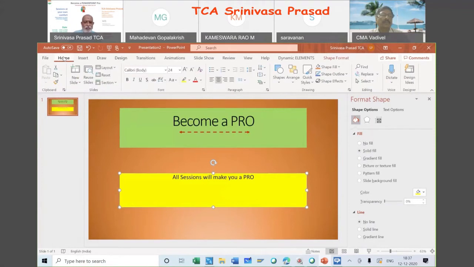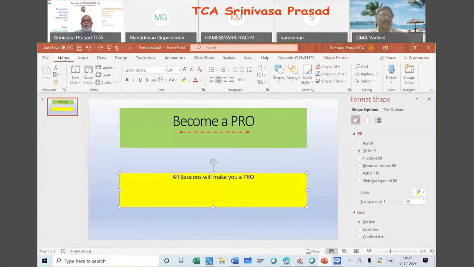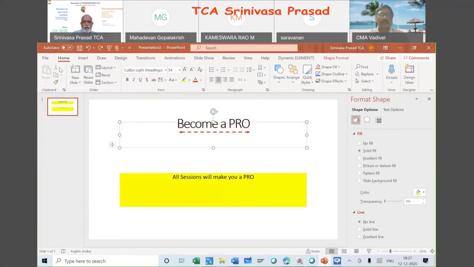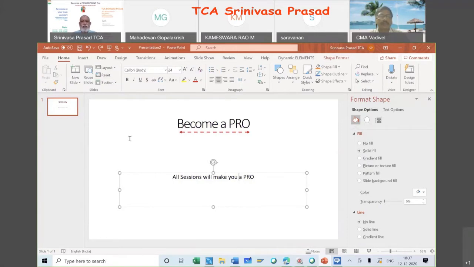Now let's get back to the white one, because I think that will give us more idea. Everything we will now remove totally. Now we want a new slide to be inserted. What are all the ways of inserting a new slide? Just click the new slide. What happens when you click the new slide? You get different types. You can select from that.